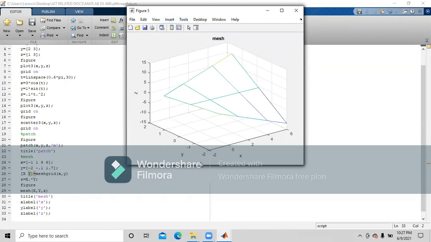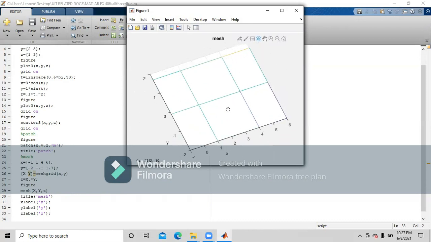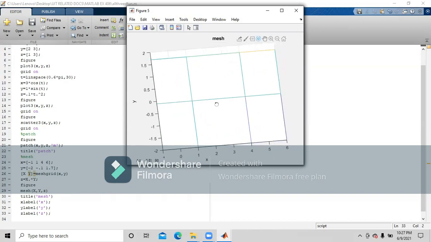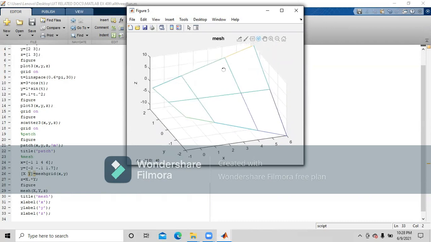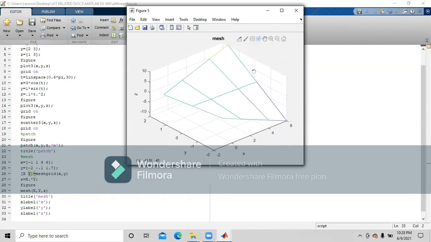See, we have X, Y and Z as the labels. We have mesh as the title of this particular plot. We can also get a 3D view of how it would be looking from the various azimuths and elevations. We can see.